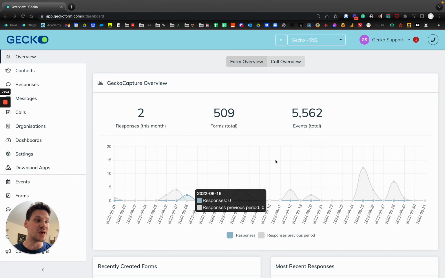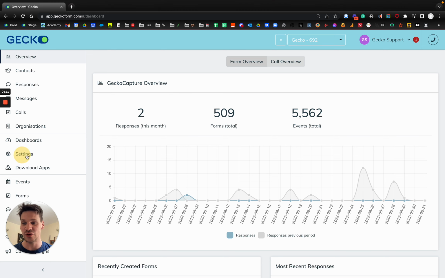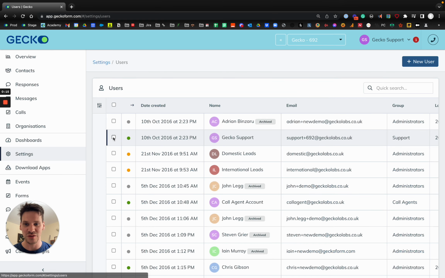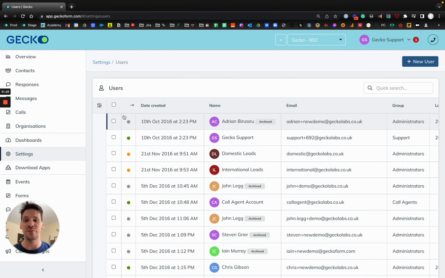Creating new users, editing existing users, or indeed archiving existing users who no longer need a license is very easily done within Gecko. The first thing you'll need to do is head to Settings on the left-hand navbar and navigate to Users. Here you'll see a list of every single user who has ever been on your account, which can